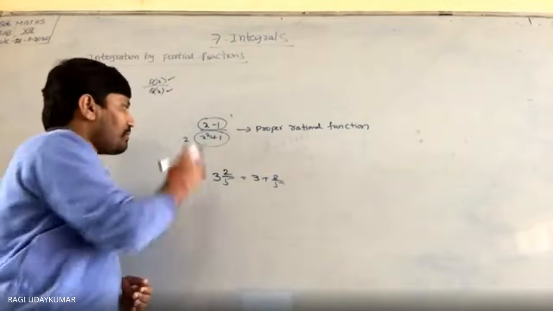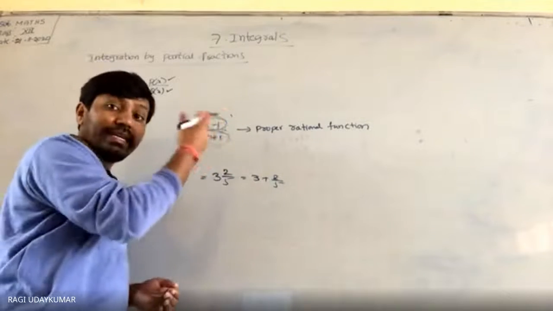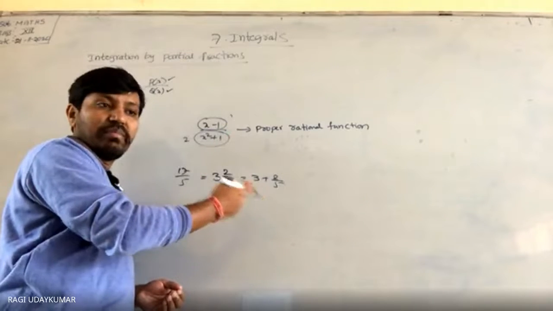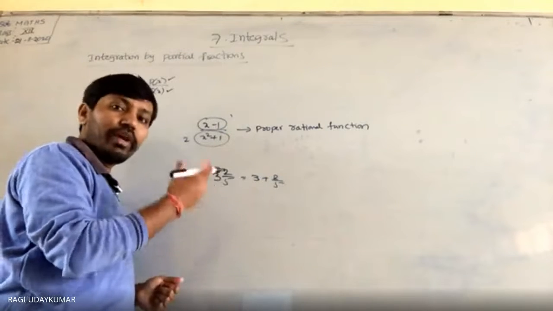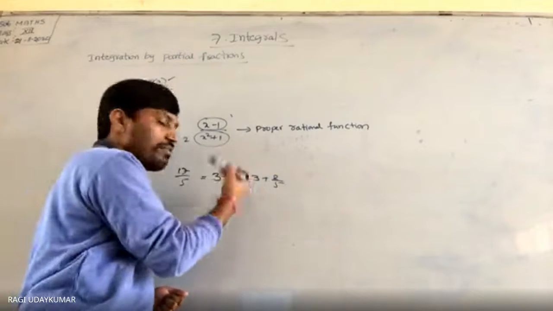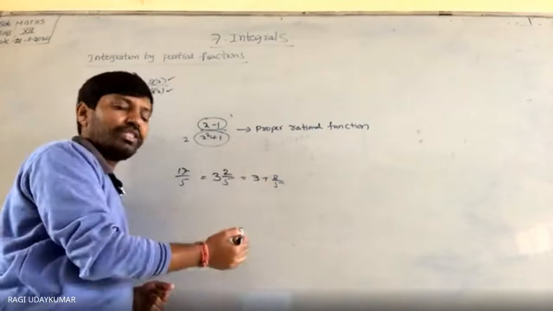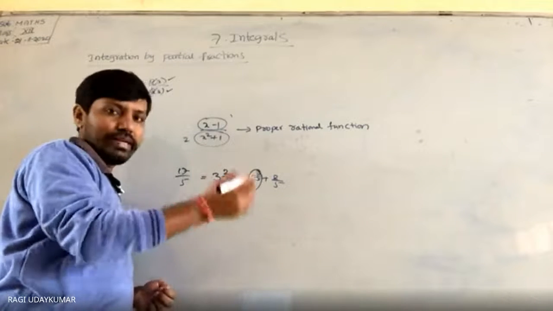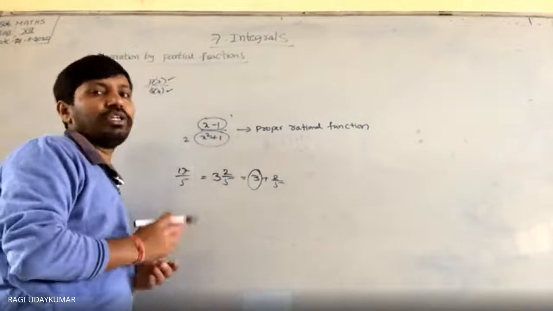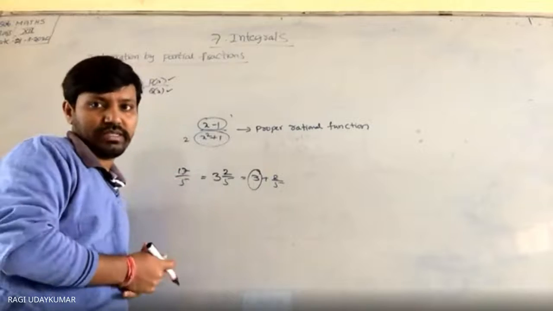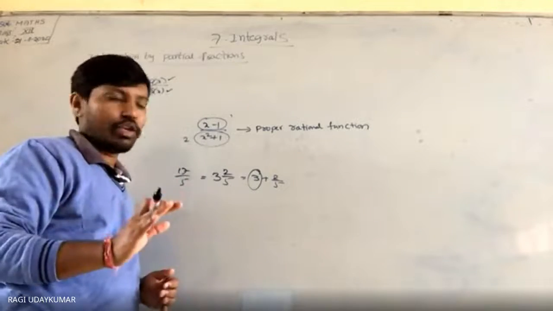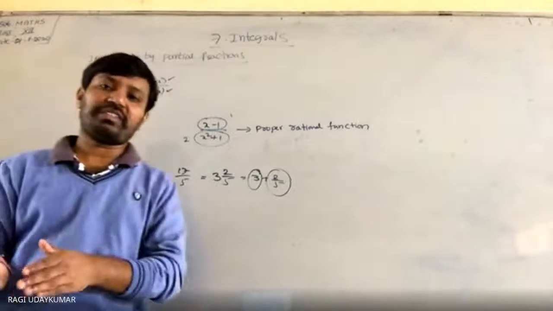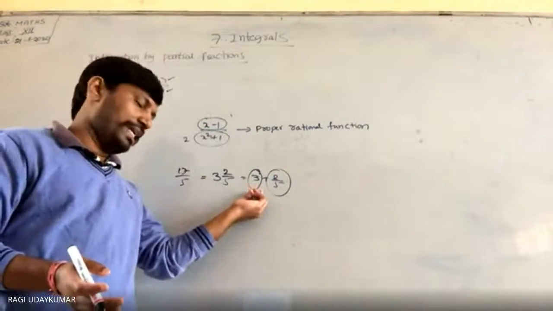Like that only, if the degree of the numerator is greater than the denominator, you have to divide the numerator by the denominator. Then after that you are going to get a function, linear or quadratic, whatever it may be, a polynomial function, and a proper function, the sum of the polynomial function and a proper function. And इसको differentiate कर integrate कर सकते हैं.